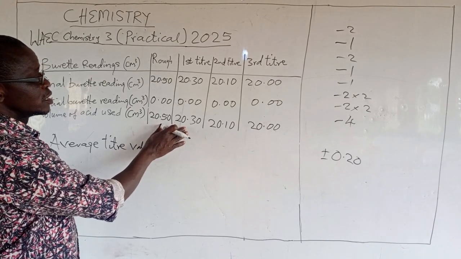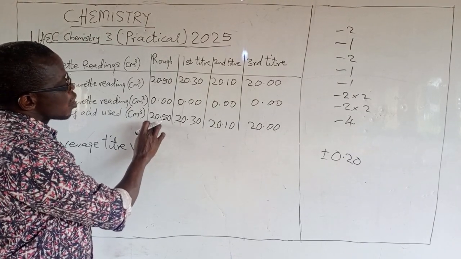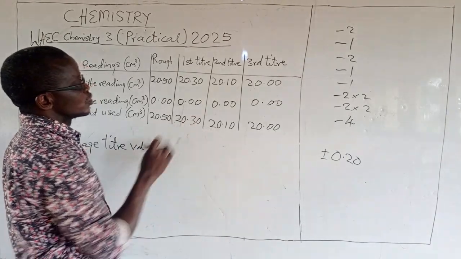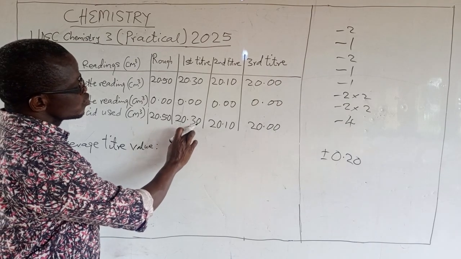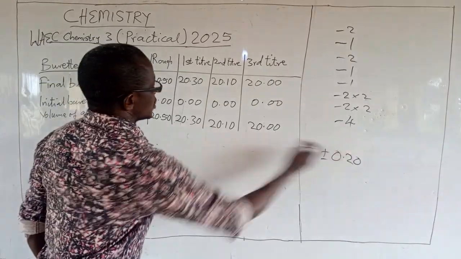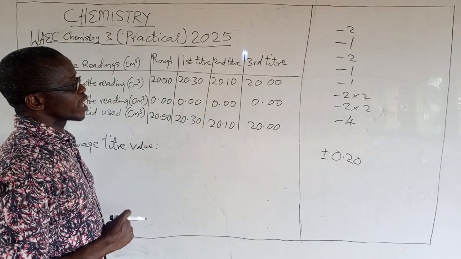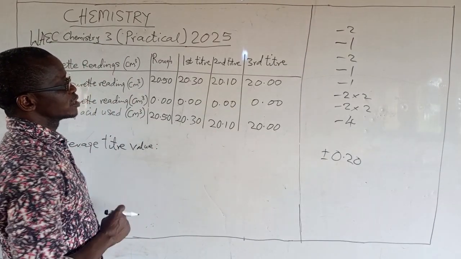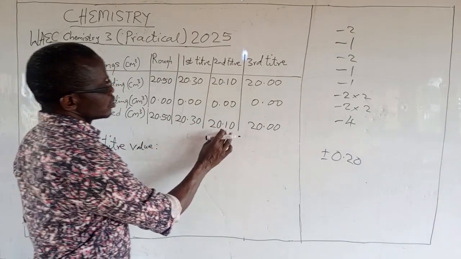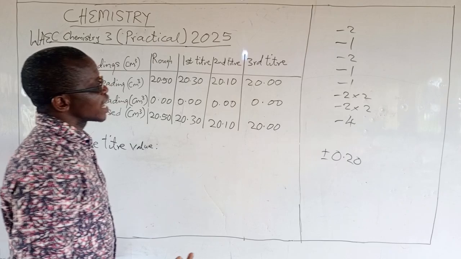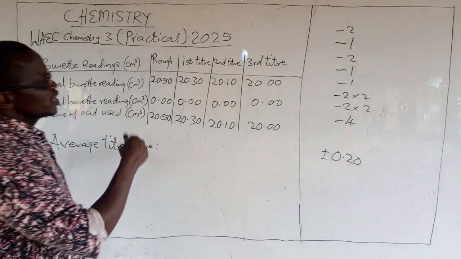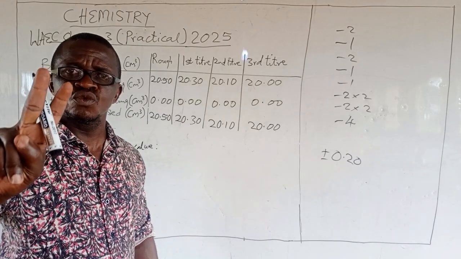I can use this. Now, if I am not too sure of my rough and I want to leave that and use these two, let's see. When you remove 1 from 3, you have 2. So they are concordant. These two are also concordant. I can use the 2. Now let me see if I can use these two. 1 and 0, they are concordant. I can use this, I can use this, I can use this. But that is when I am using 2 sets.